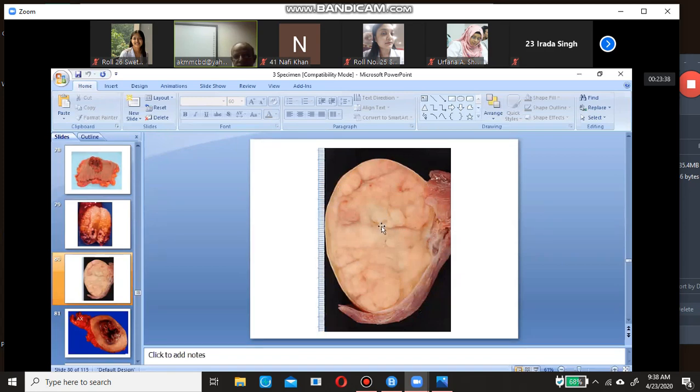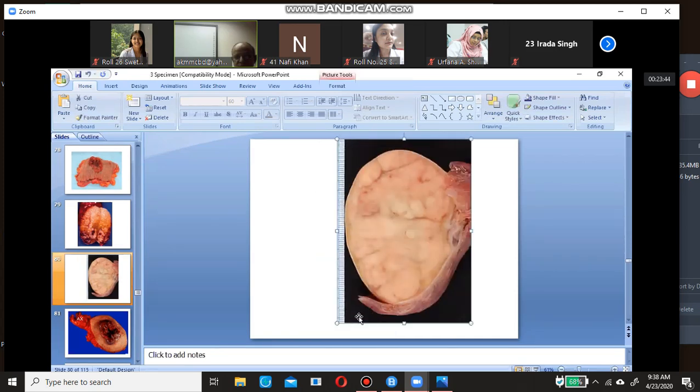And here also you see the testis. This is testis, and this you see the epididymis, the head of the epididymis, and here the spermatic cord. And this testis, this part is not normal. This is carcinoma of the testis. You can say only the carcinoma of the testis. If you cannot diagnose whether it is seminoma or teratoma, you say only carcinoma of testis.